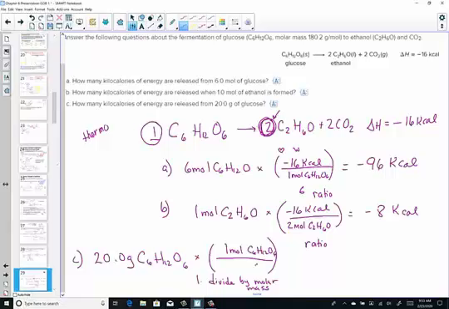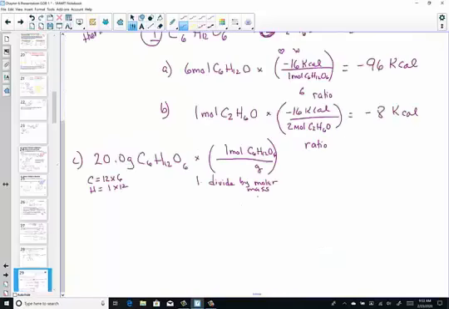So I've got to go to work and find the molar mass of C6H12O6. I know carbon has a molar mass of 12, and I see 6 of them in the formula. Hydrogen has a molar mass of 1, and there's 12 of them in the formula. And oxygen has a molar mass of 16, and there's 6 of them in the formula. So I'm going to count 12 times 6 plus 12 plus 16 times 6, and you find a molar mass of this sugar molecule as 180 grams.